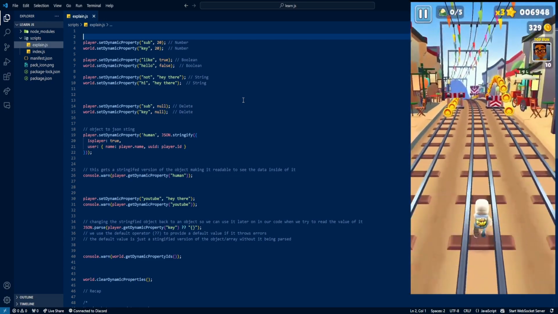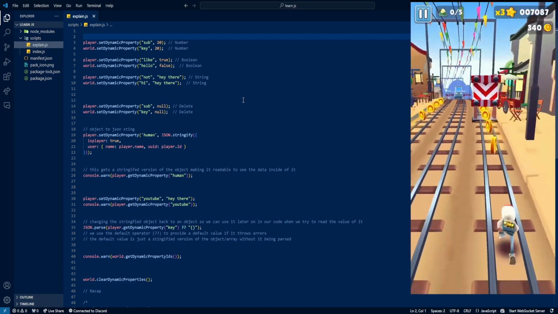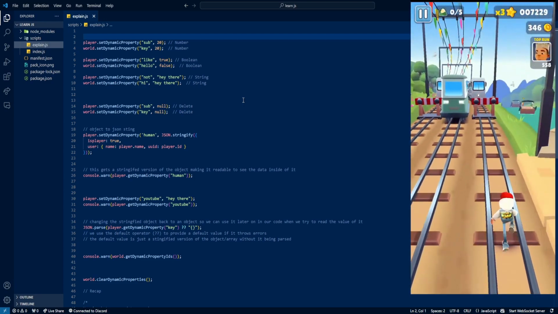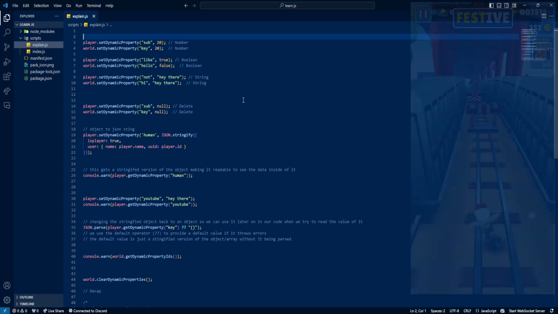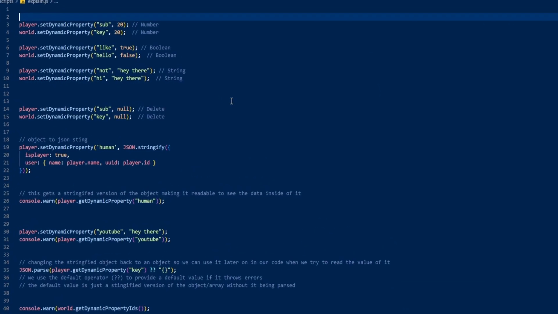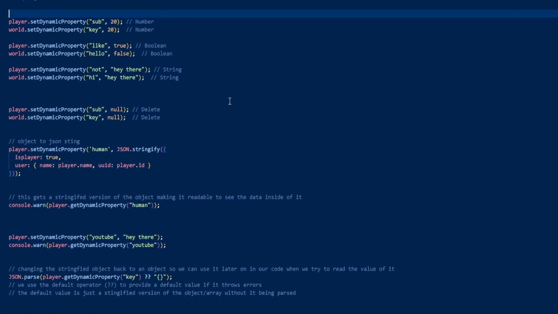And the world dynamic property and the player dynamic property is what we're going to be focusing heavily on in this video. So just to recap what the player and the world dynamic properties are. The world dynamic property can be accessed all the time, 24/7. Doesn't matter if nobody's in the world or if one person's in the world. The code can always access the world dynamic property, but the player can only be accessed when that certain player